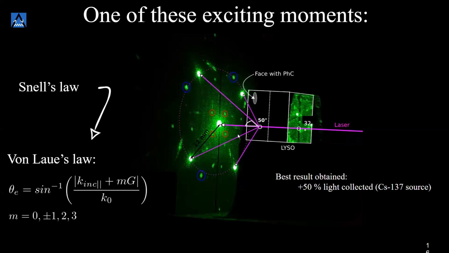just because whatever we placed on top of this crystal was not as perfect as it was in the simulations, but yet we could predict exactly where this point should be, and we had a nice confirmation that not only we had a gain from the extraction of the light from the crystal, but the gain was coming exactly from where we were expecting it to come. So instead of Snell's law, at this point we had a more complicated law, which includes these orders, and we also mathematically encapsulated this success to publish it at the end, because that was also the purpose.